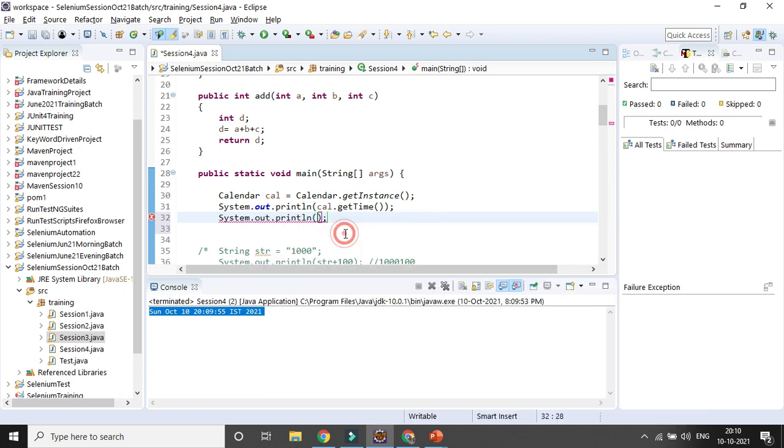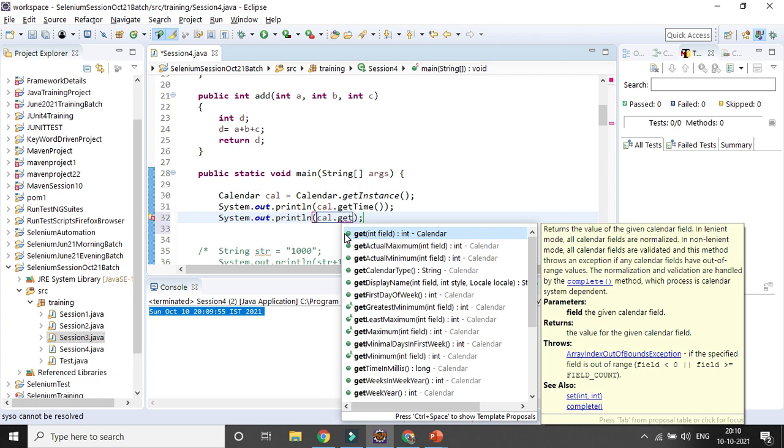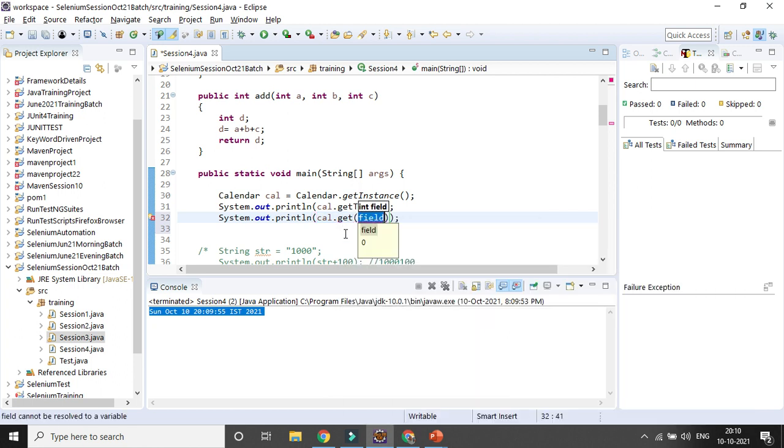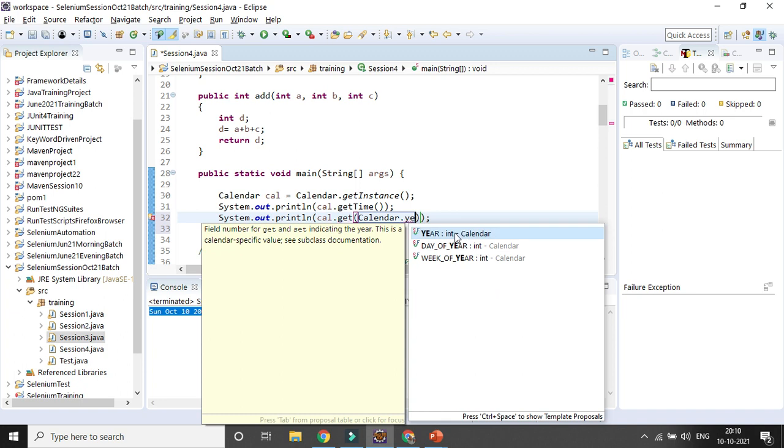Then cal dot get, and within that get method you can use the Calendar class dot YEAR. Now this is the get method, cal dot get, and then bracket dot YEAR. Yeah, okay, the year is coming.